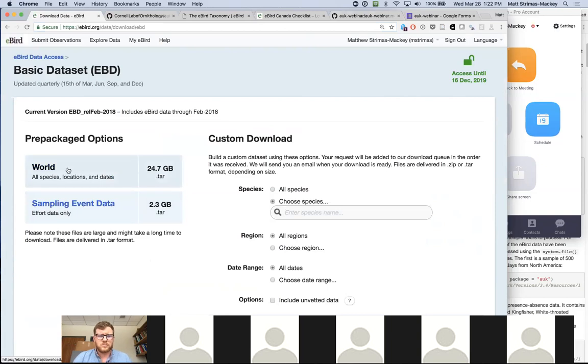So download the files. I won't do it because I already have them. Also, it's probably worth mentioning that these are released quarterly, so if you still have the access, come back once a quarter and get the fresh data. So once you download that data,